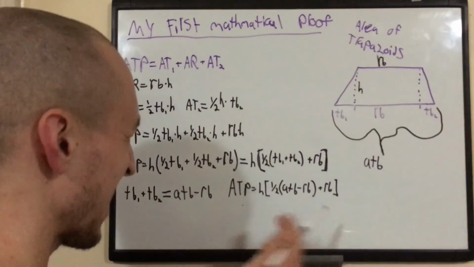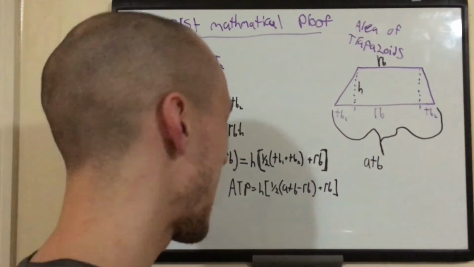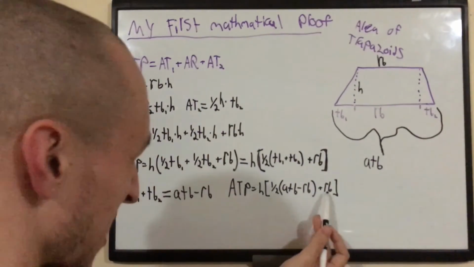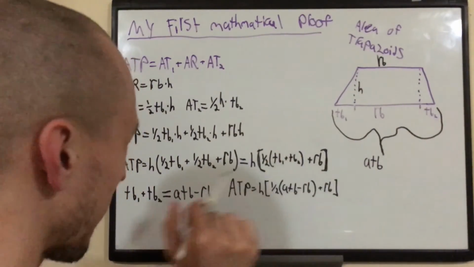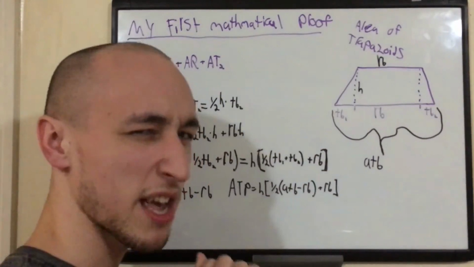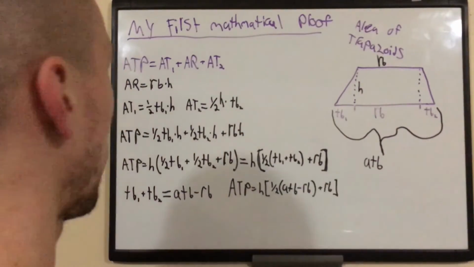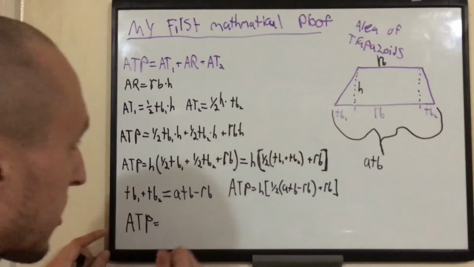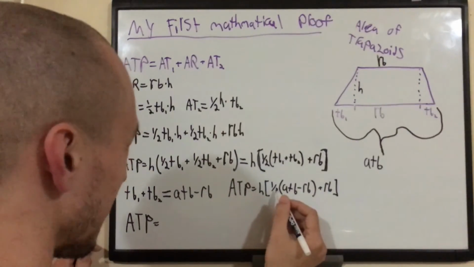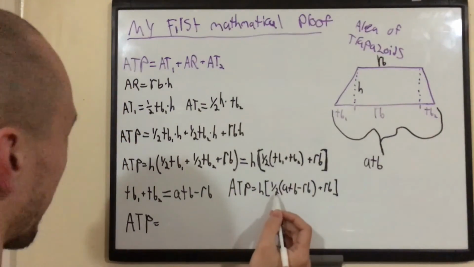However, it's still kind of large. Maybe I could make it smaller. And you know what? I'm seeing the same value twice here. I'm seeing some stuff. I'm thinking I can make it smaller. I already have a plan of attack. ATP, all right? What I'm going to do is I'm thinking this 1/2.